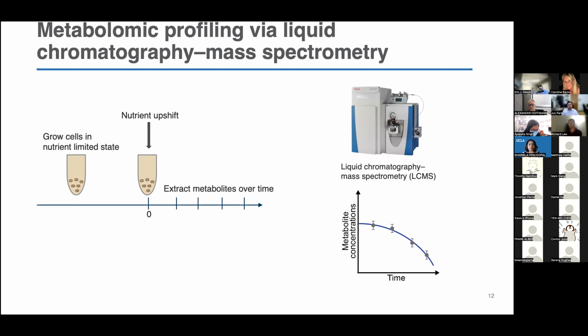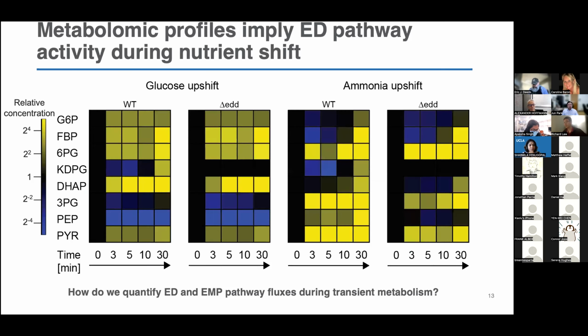And in doing so, we can generate these maps of metabolite profiles over time and understand if the metabolome is changing in response to this nutrient upshift, and if that could be implying or related to changes in fluxes. So I'm not going to inundate you with metabolomic profiles of the entire central carbon metabolism, but instead I wanted to focus mainly on just some of the main glycolytic intermediates that exist in both the